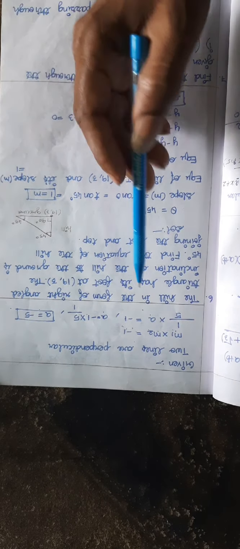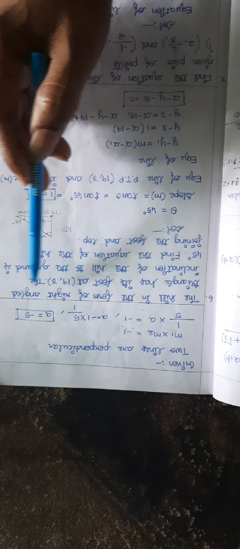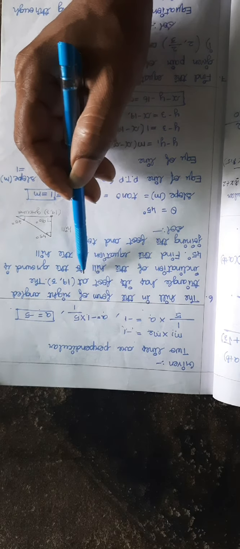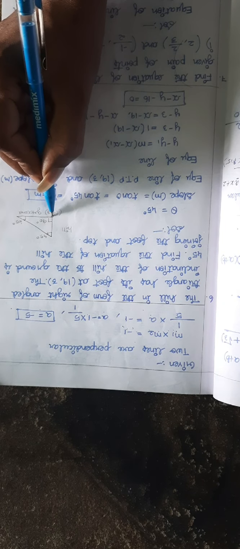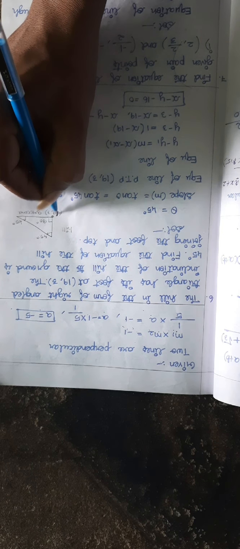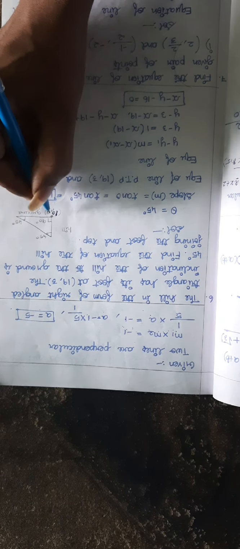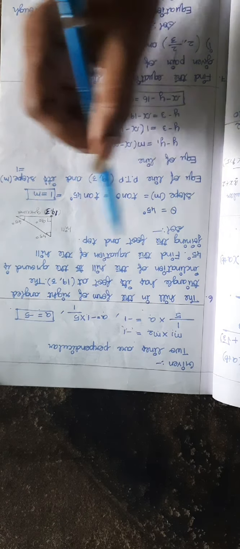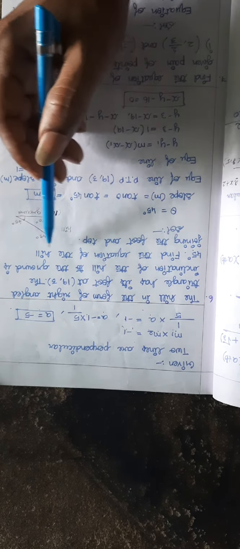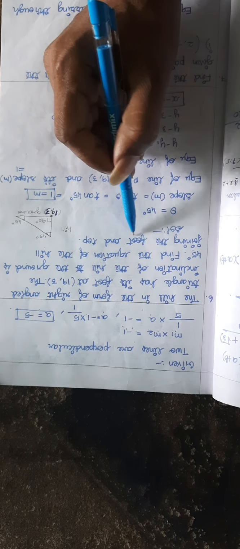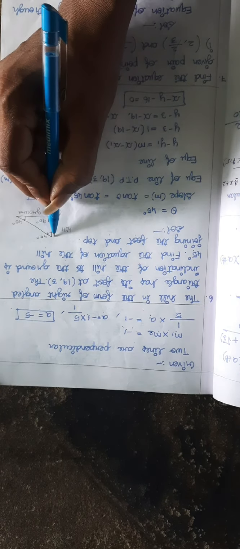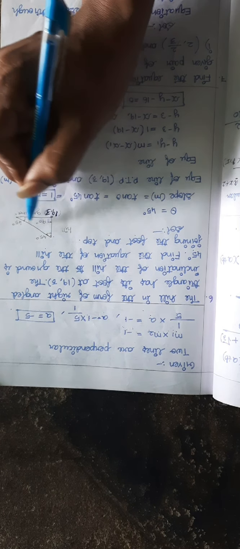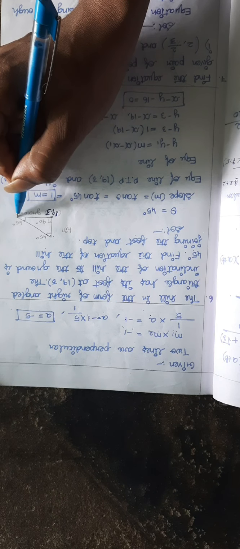See the question. The hill is in the form of a right angle triangle. Right angle triangle means any one angle is 90 degrees. And what is the foot they have given? The foot is 19, 3. And the angle of inclination is 45. So find the equation of the hill joining the foot and the top, that is, hill to ground. So now we want to find the equation of this line, hill to ground.